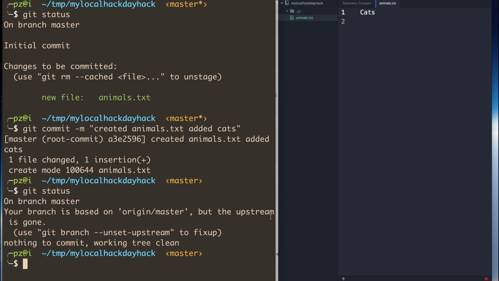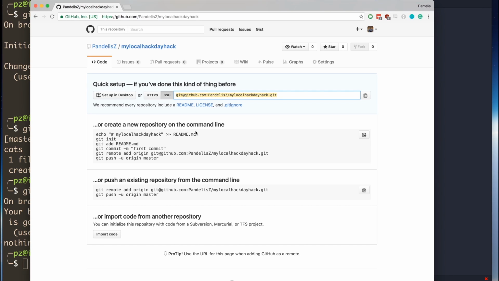Now I'm going to switch over to my remote Git and refresh this page. And we can see there's nothing actually on my remote Git. That's because I've simply saved these changes to my local Git. As we discussed in the beginning, every developer, everyone in your team has their own complete unique copy of the code. It's completely sandboxed from everyone else and they can do with it what they wish. So we've yet to push this up to the remote server. It's simply on our own working directory. So we have our own code, and